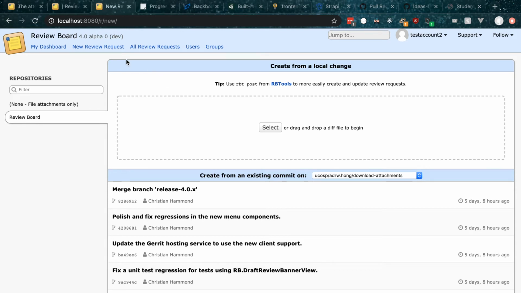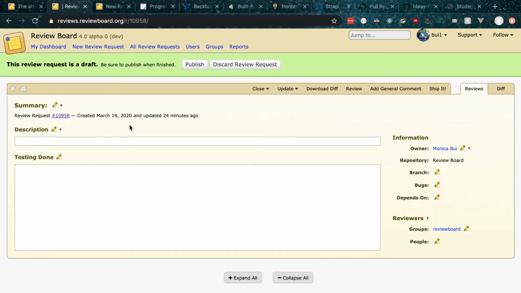Previously, we went through the keyboard usability in this new review request page for the user to navigate through these fields. The project I'm working on is when you try to create a new review request off of a diff file or off of a previous patch. The page that you get sent to is this one right here, where you can add and describe your changes